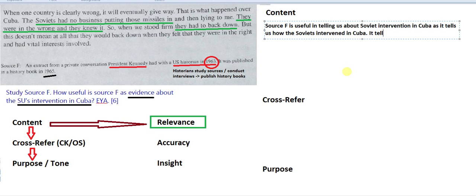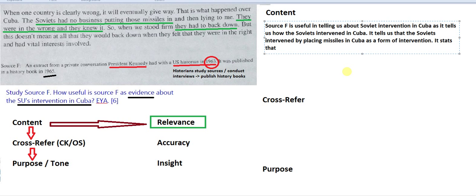It tells us that the Soviets intervened by placing missiles in Cuba as a form of intervention. Okay, and it states that the Soviets had no business putting those missiles in. So in this sense, yes, you will get the mark over here because you did say